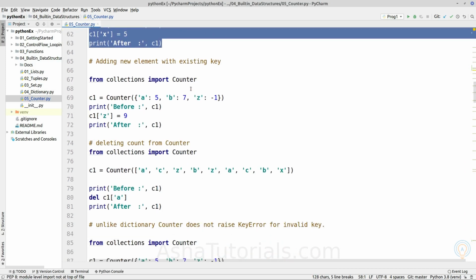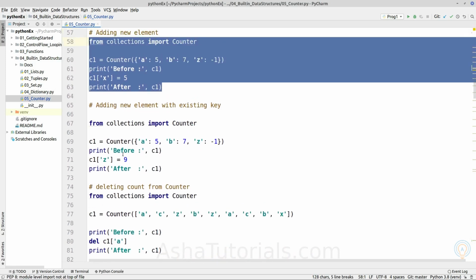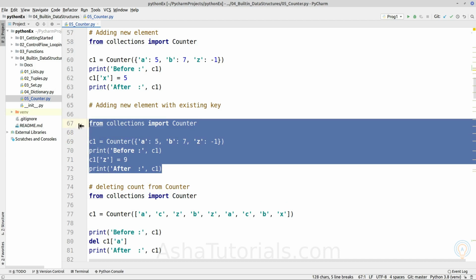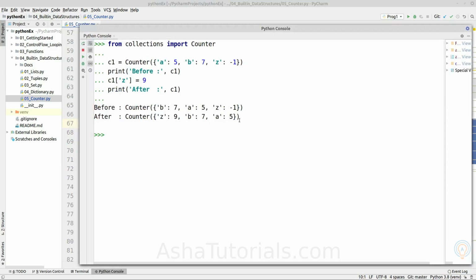Next, if we are adding a new element with an existing key, it will replace the old value with the new given value, which is similar to the dictionary object. Okay, so here we can see z has value 9.